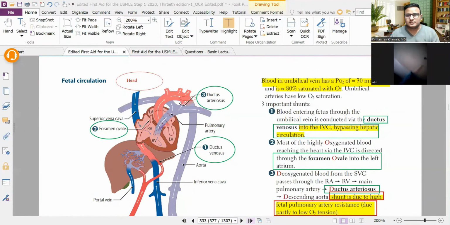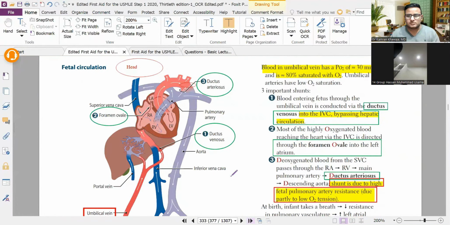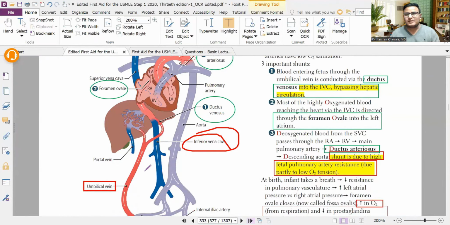Here you can see this is the inferior vena cava, and the blood coming from the placenta is shunted toward the inferior vena cava, bypassing the liver,